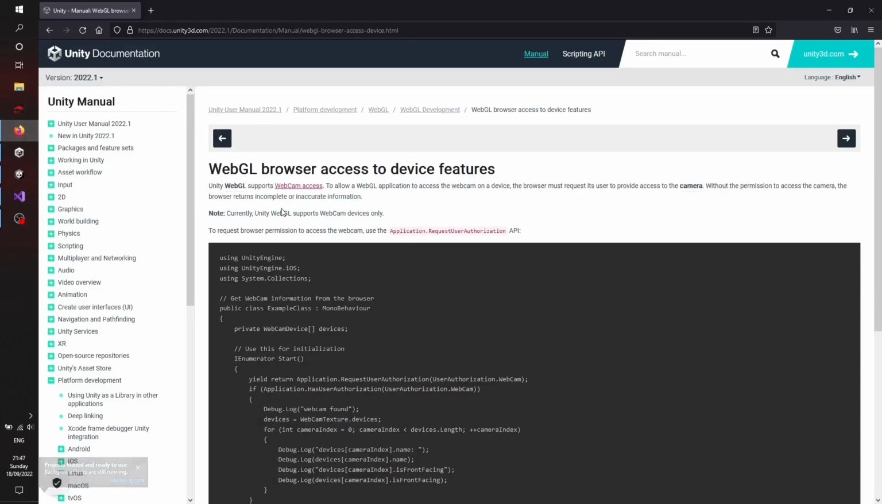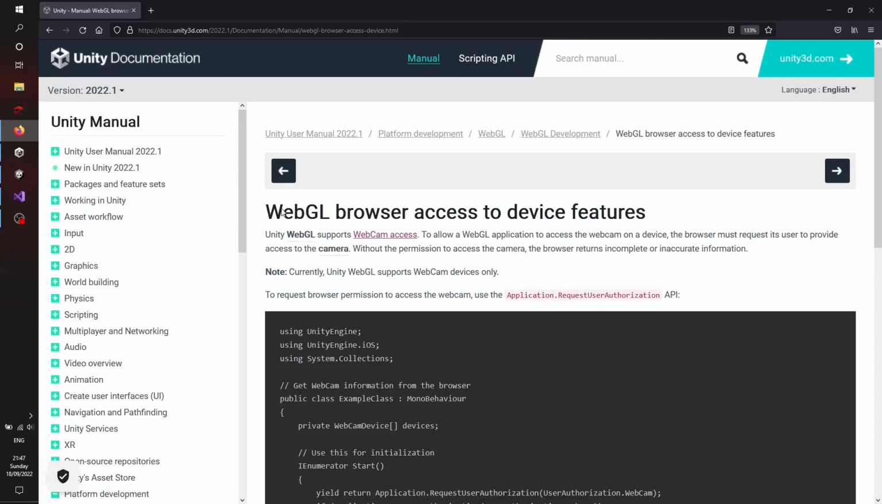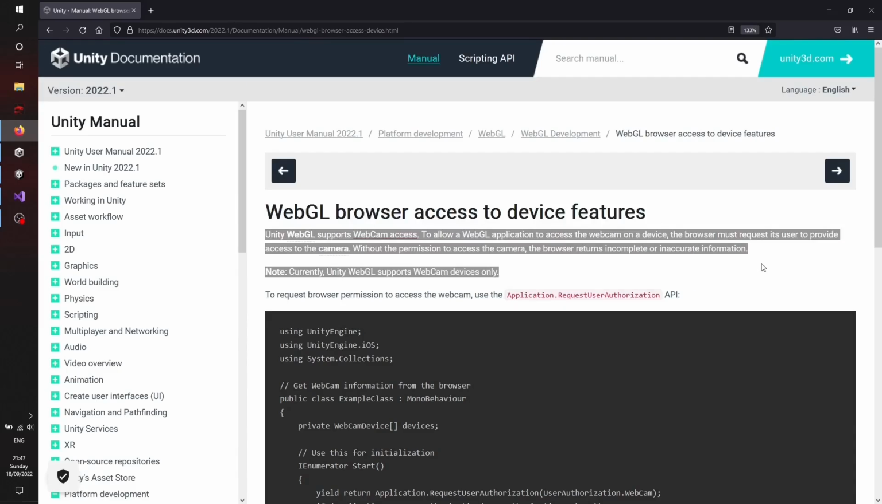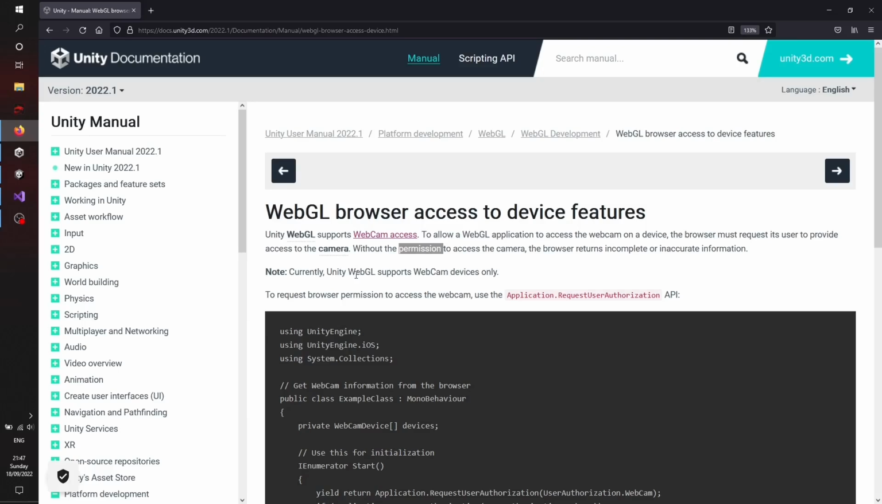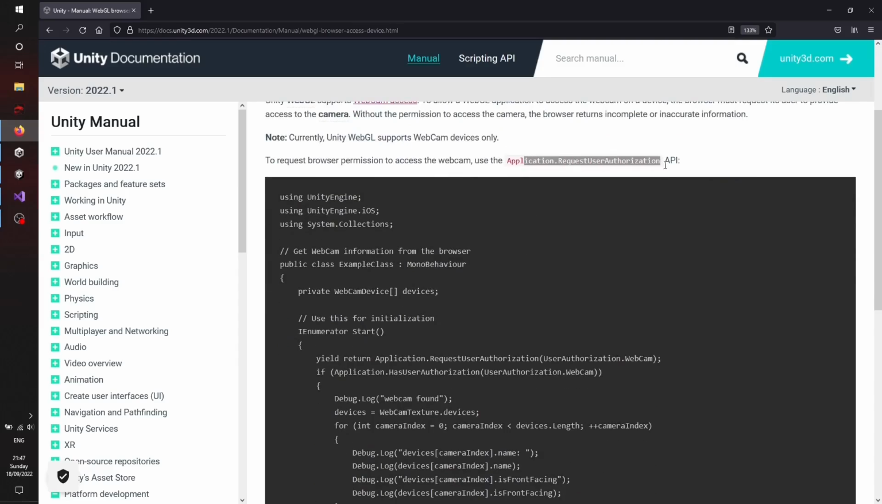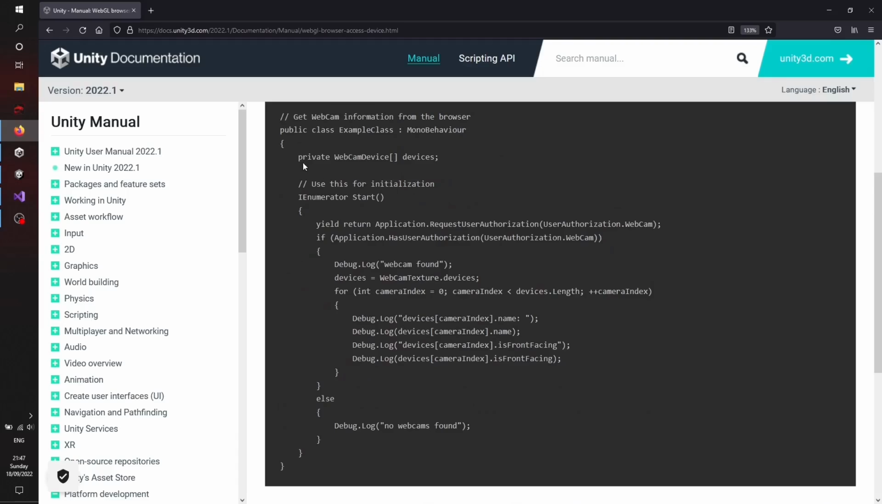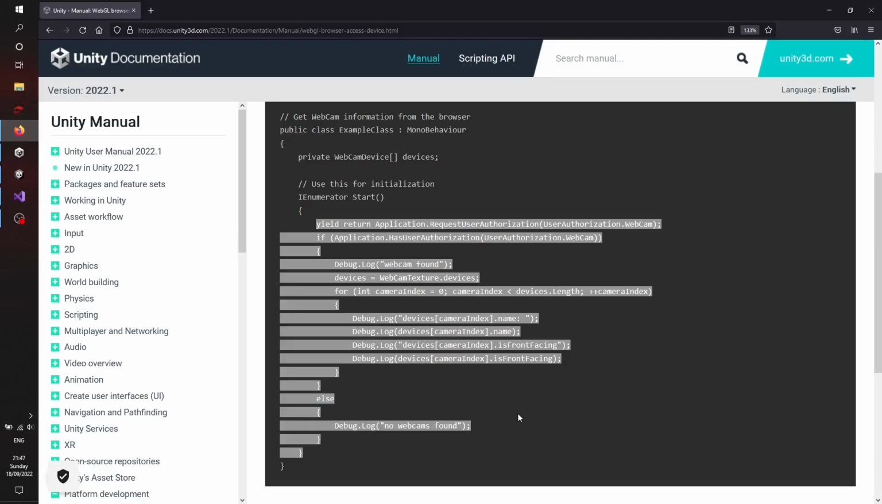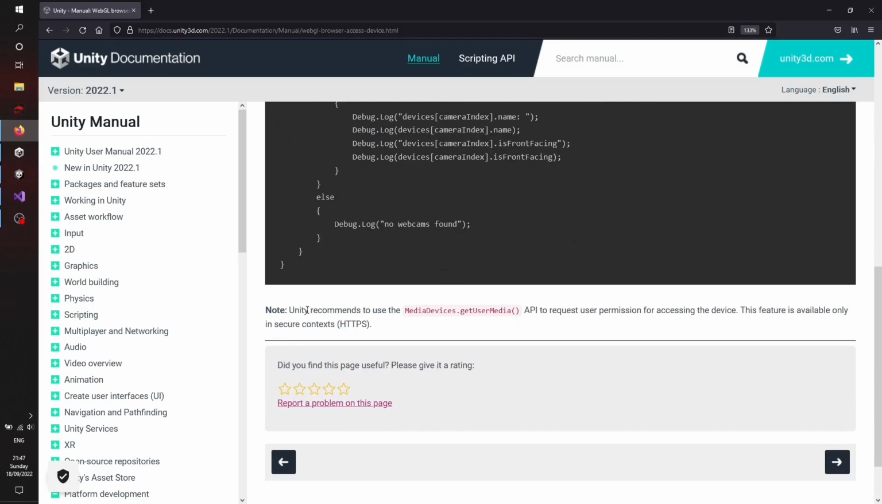WebGL in Unity can basically access the webcam. There is a very good code sample in the documentation, and the user has to provide permission. I also tried this after publishing our WebGL build on a currently running web server, but we won't need to do that because there is also a way to do it locally,